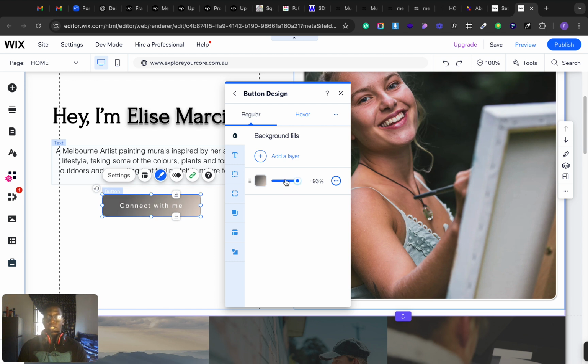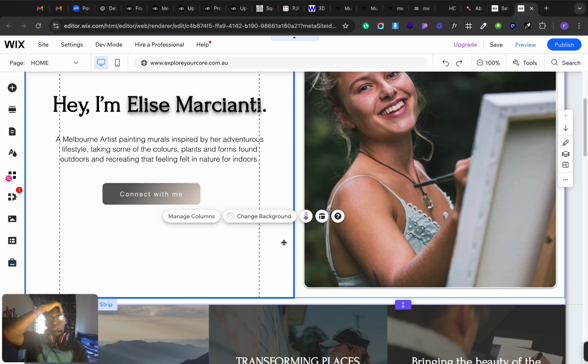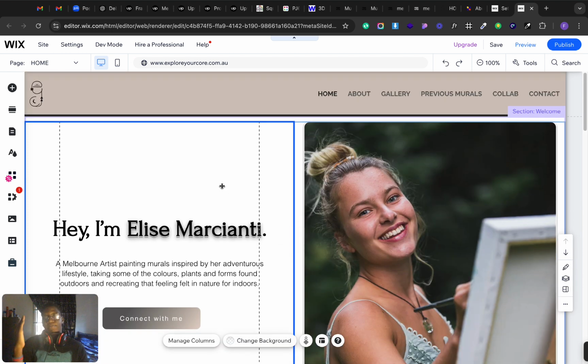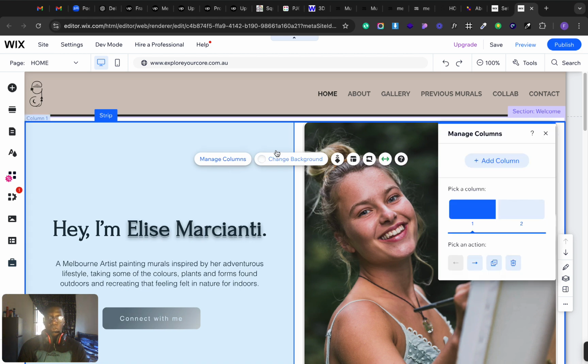You can make it transparent or you can make it 100% visible. But in this case I want it 100% visible. This is just like a tutorial to help you. And if you're trying to change the background, same thing, you double click and you can change the background color and all. And kindly note there's something they call strip, and a strip is what you had to put in